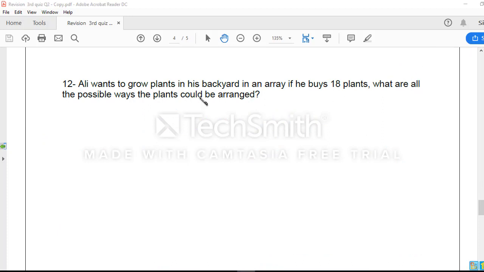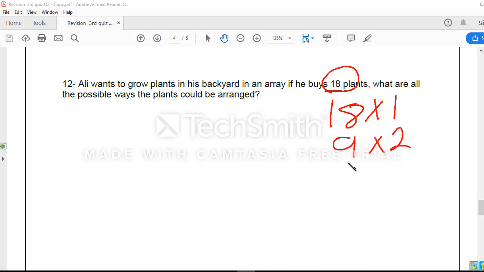Last question here. Ali wants to grow plants in his backyard in an array. If he buys 18 plants, how can he arrange them? Actually, ask yourself, how can he arrange these 18? You know that we can arrange 18 as 18 by 1. Also we have 9 multiplied by 2 or 2 multiplied by 9. Also we can use 3 multiplied by 6 or 6 multiplied by 3. All of these can be